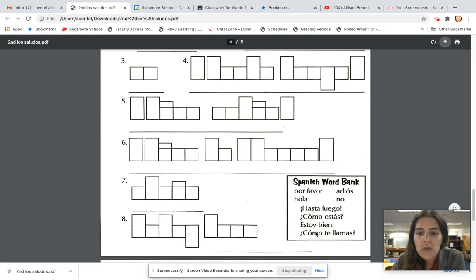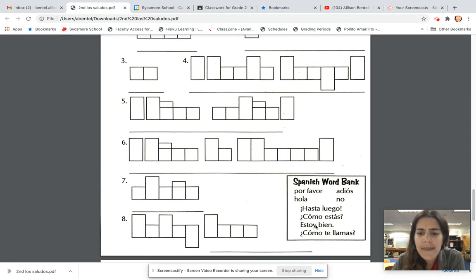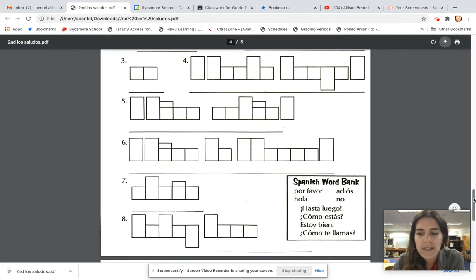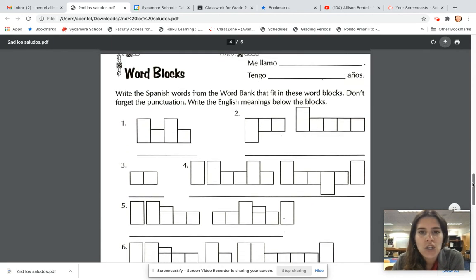So these are also saludos, palabras del cortesía, polite words, greetings, despedidas, farewells, por favor, hola, adiós, no, hasta luego, ¿cómo estás? Estoy bien, ¿cómo te llamas? Estoy bien is one I will give to you. It means I am well. So if someone asks you, ¿cómo estás? How are you? I am well. The rest of these we should know from our canción and our months-long practice of saludos in 2nd grade Spanish